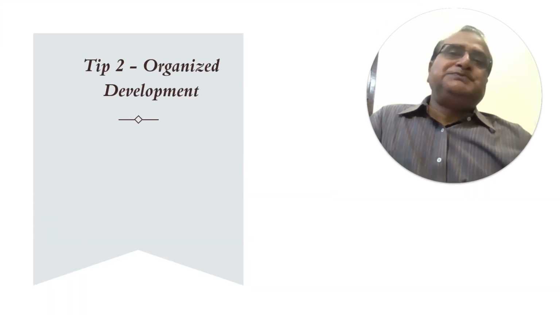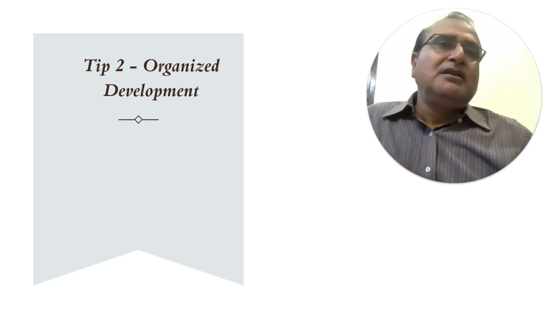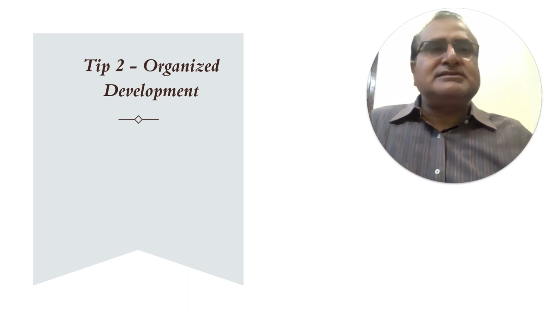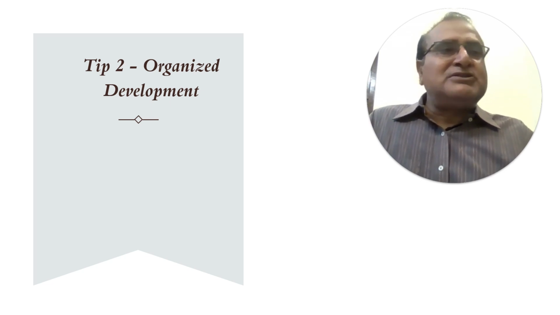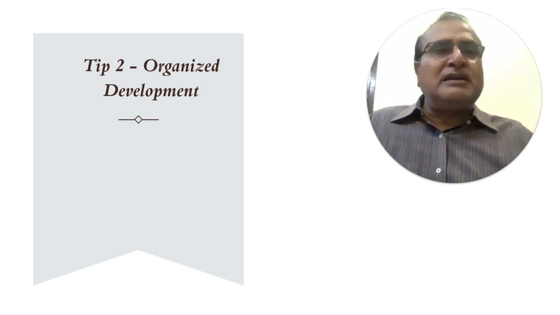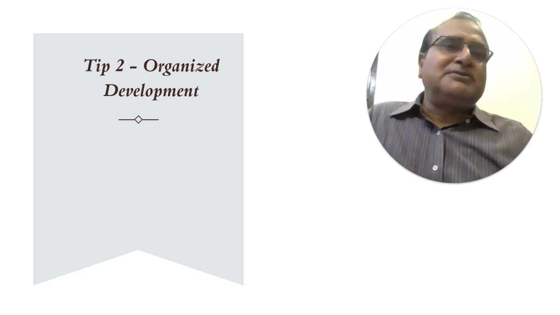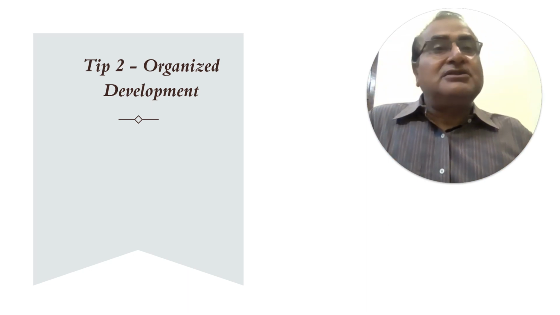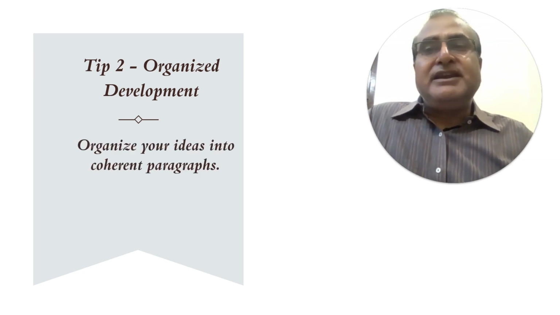Now, tip number 2, organized development. What is organized development? If you start writing and there is a deviation, there is no organized, no structural balance, it is all disorganized. If you have your study table and if your table is disorganized, that means your pen and paper are lying scattered on the table, and if you want to pick out your chemistry book, your English book, it may consume your time and you will feel great irritation. So it is with your writing style also. It must be in an organized way.